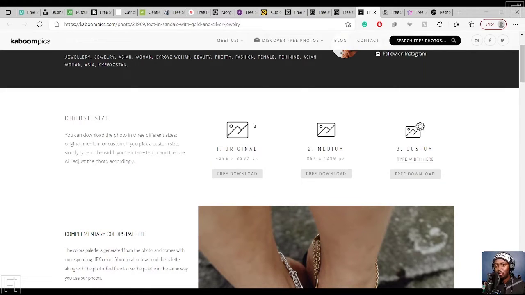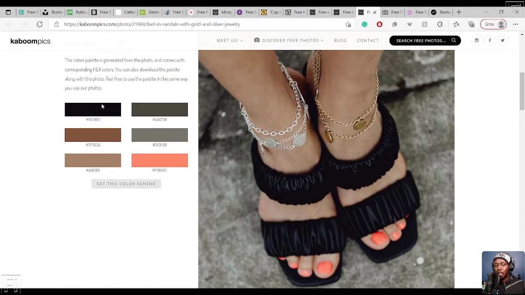And another good thing about this is that you can download the photo in different sizes: original, medium, or even a custom size, and it's a free download. That's Kaboompics.com. Pretty awesome, especially for these different variations in the size you can download, and for the color palette, that if you wanted to do your own variations, you can know what color palette goes where. So next up, we have